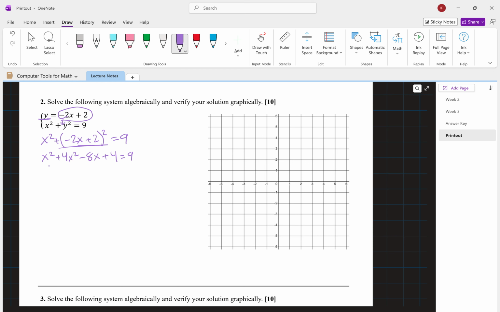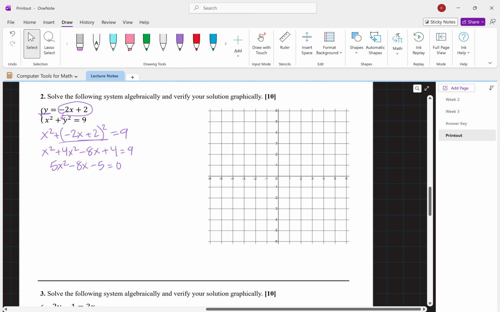Now if we simplify this, we have x squared plus 4x squared to get 5x squared, and then minus 8x, and then we have our plus 4 here, and we're going to subtract 9 from both sides to get a negative 5 on this side is equal to 0. And from here it's simple. Same thing that we've been doing in our past couple of problems. We're going to go x is equal to